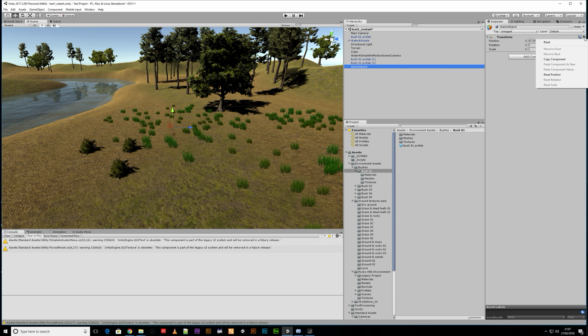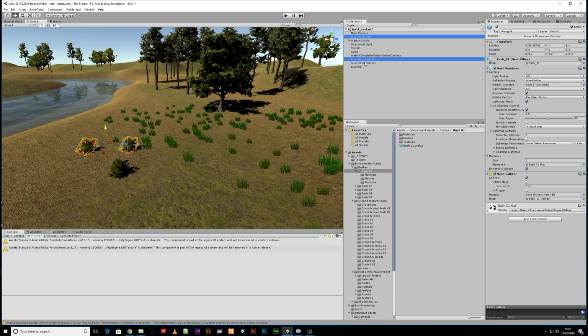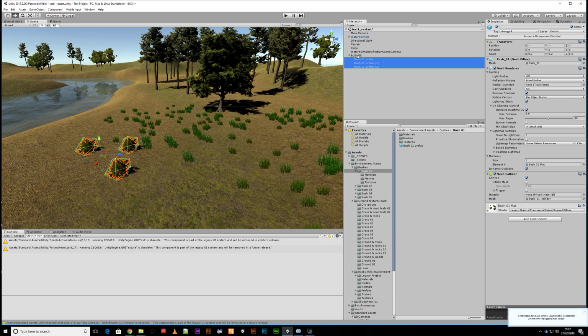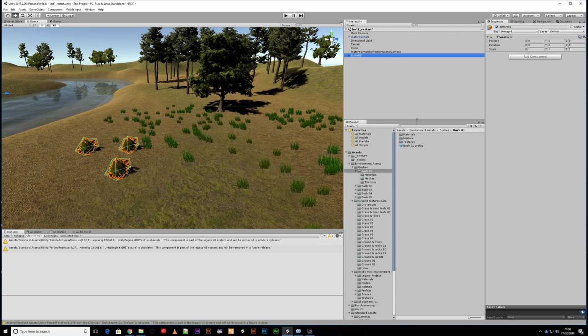create an empty object, and it's a good habit to just reset it so it's all zeroed out. And let's say it's called bushes. Now I can click on each bush and then just drag it into my empty game object. Everything in the scene view is a game object. I can't remember if I mentioned it yesterday. So I've clicked the prefabs of the bush, the instances of the prefab in the project, and I'm just organizing them. It's a bit like creating folders,